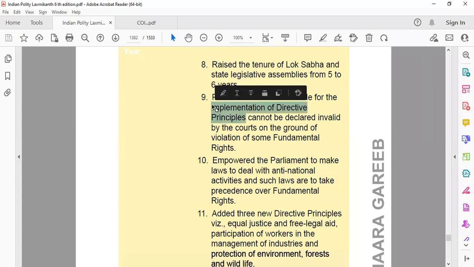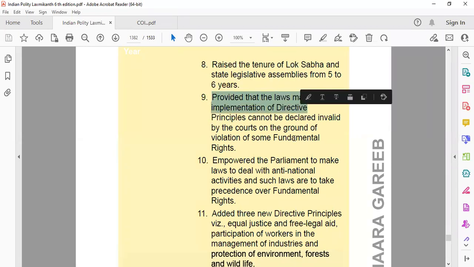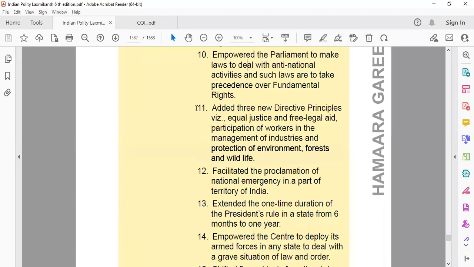Provided that laws made for the implementation of DP directive principles cannot be declared invalid by the court on the ground of violation of some fundamental rights. Empowered the parliament to make law to deal with anti-national activities, and such laws are to take precedence over fundamental rights. Added three new directive principles, which are equal justice and free legal aid,